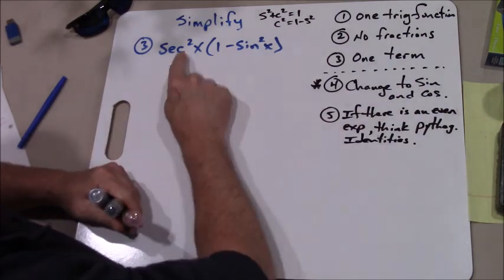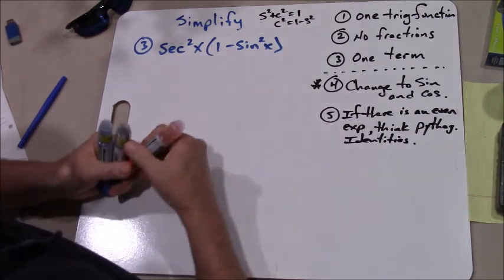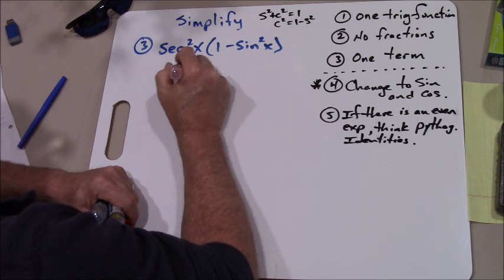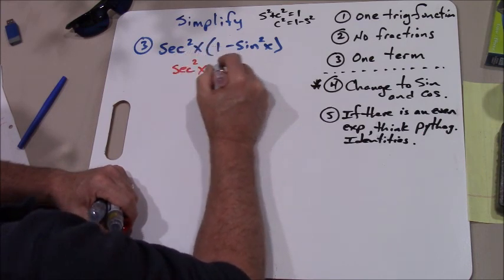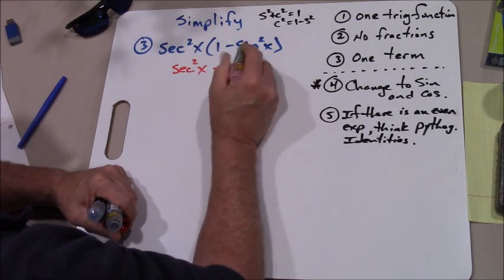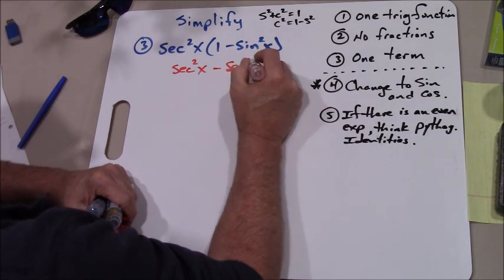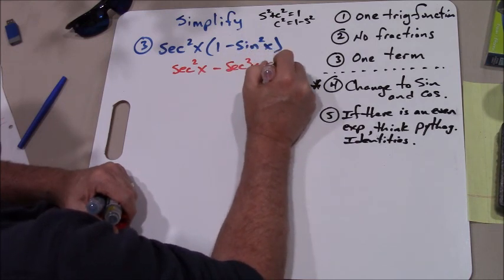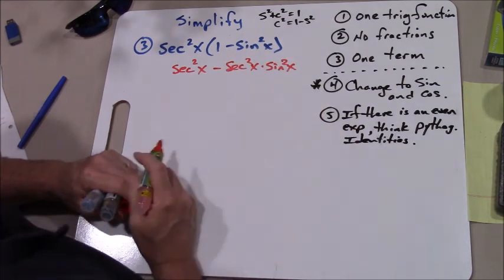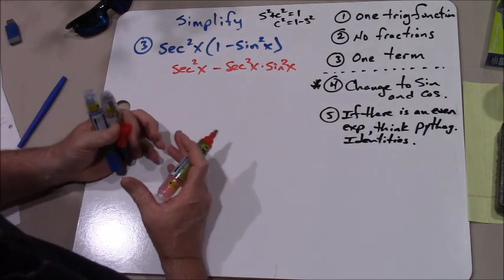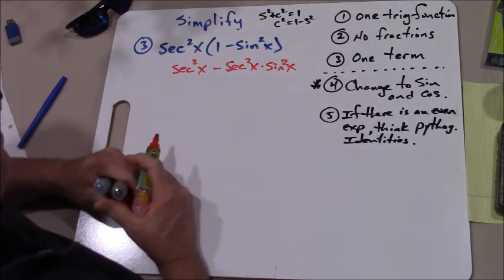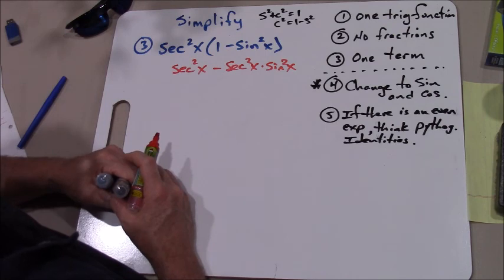Let's say I looked at this and I thought, well, maybe I should distribute this. And so what I got is secant squared of x minus secant squared of x times sine squared of x. I would look at that and say, okay, that's true. Keep on going. And so then maybe somebody would get stuck and they would think, well, I'm going to change